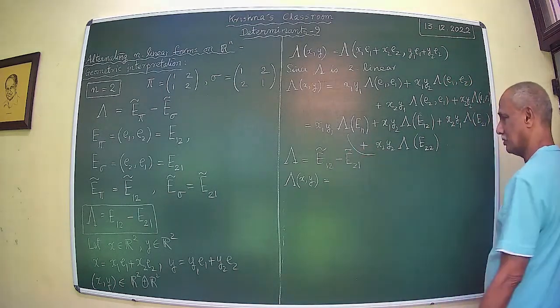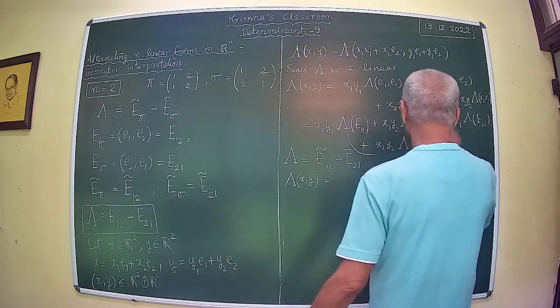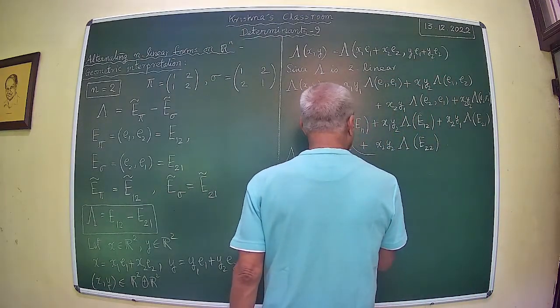In both the cases they are 0. So this is 0. So what is left is x1 y2